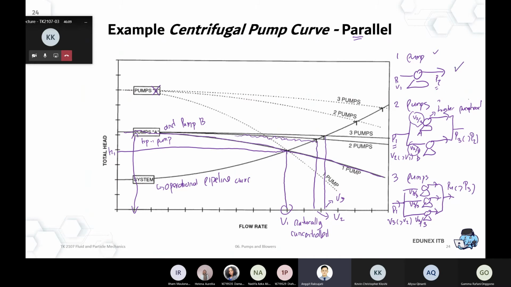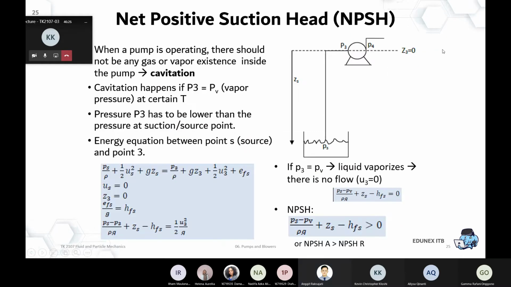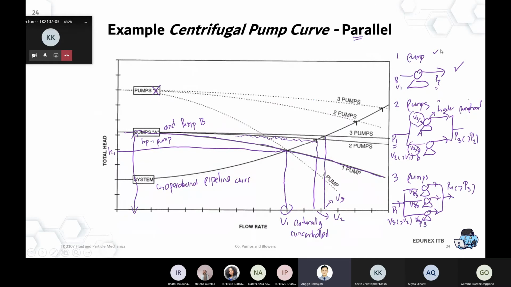So again, it's to increase your, I would say, your engineering sense. This is very straightforward for one pump, but a lot of application requires multiple series or parallel. So at least you have a basic sense how it will affect your pipeline and pump performance. Okay, any questions about these two slides?